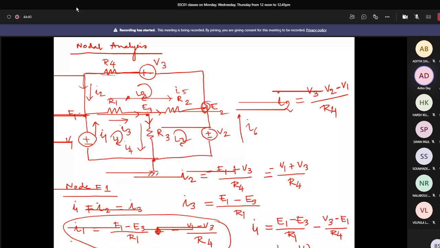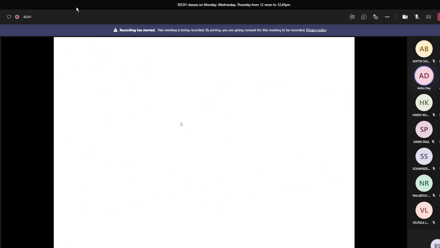But you should not take them together, like starting from E1, E3, E2, and then V2, V1 in that way. These 2 loops together, those things you should not take. You should take the minimum path for the loops to complete. Okay, so here we'll get 3 loops. Then we can use a loop equation and solve it. Let us do it faster, otherwise it will be pending for the next class.